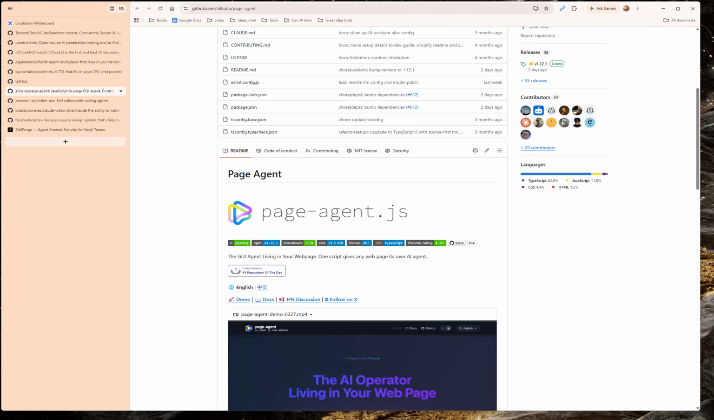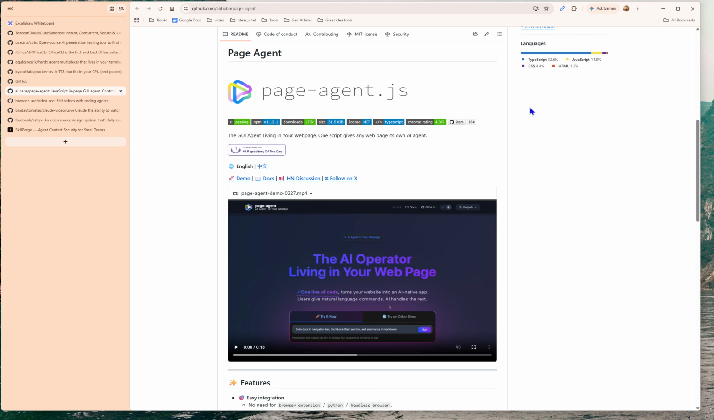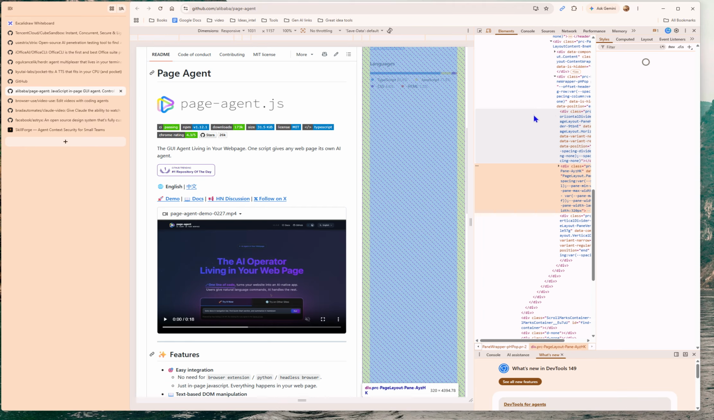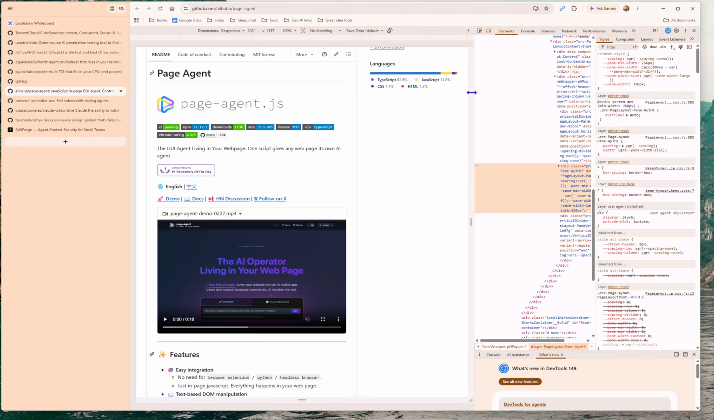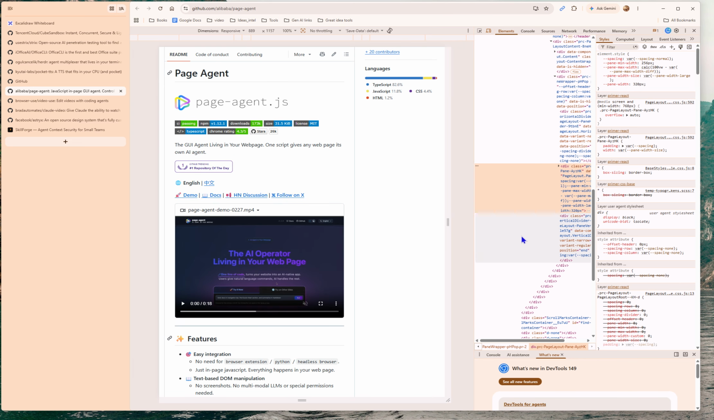instead of taking screenshots and using computer vision to figure out what's on the screen, it is trying to inject a JavaScript agent directly into your web page. An agent directly on your web page. So it reads the DOM and it understands the structure natively. So if you go inspect, every web page basically has some inherent code, right? Now, it understands the DOM, it understands the structure natively, so it's faster, it's cheaper, and it's reliable because